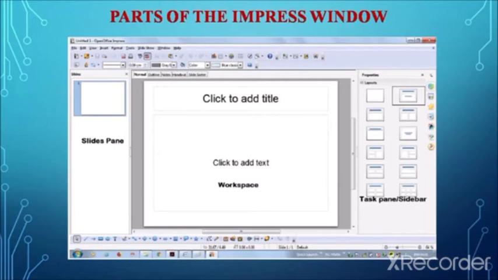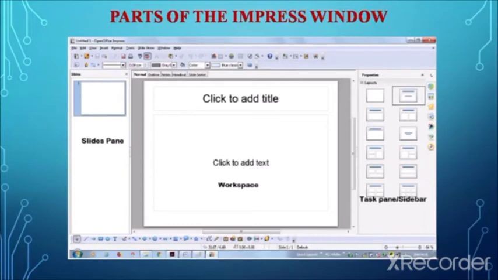If you insert any new slides, or delete, whatever you do to the arrangement, it will automatically display the thumbnail pictures of the particular slides. And by clicking a slide in the slide pane, it also selects it and places it in the workspace. The selected slide is displayed enlarged, with its exact content, in the workspace area.